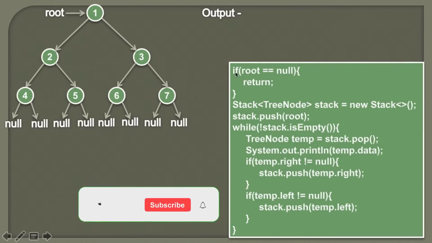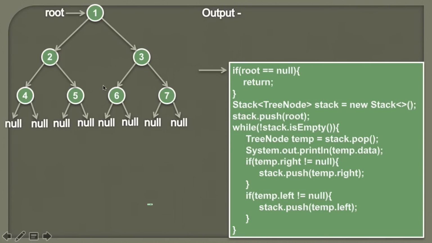So basically, when we execute this algorithm, we start with the root, and the first step we check is whether root is equal to null or not. Currently you see root is pointing to the node having data as 1, therefore it's not null. And then we'll create a stack which could hold the tree nodes for us. Here you can see we have created one stack. Now this stack will hold the tree nodes for us. On the first step, we'll simply push the root node. Moving ahead.